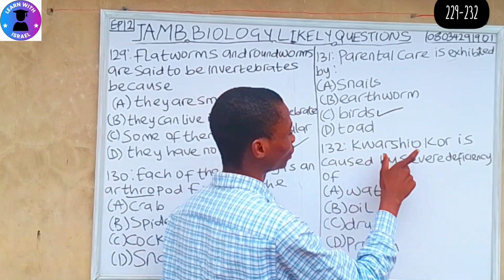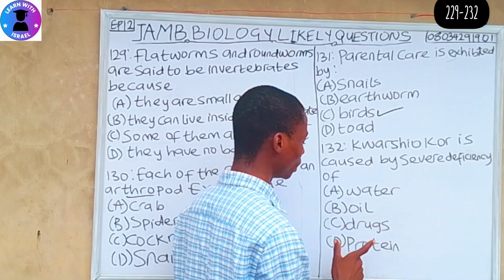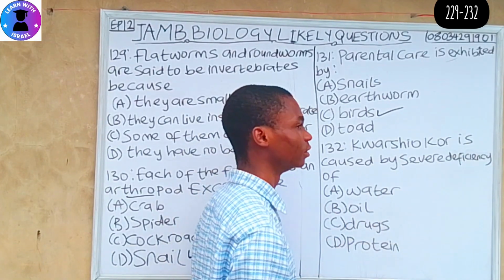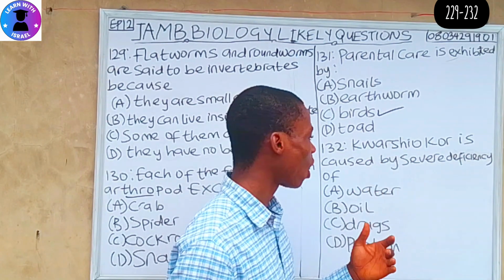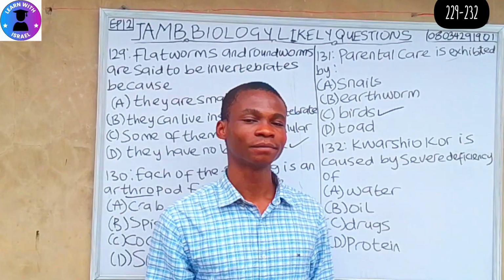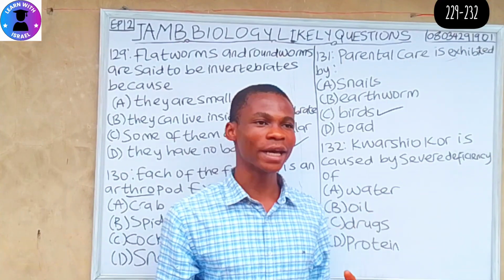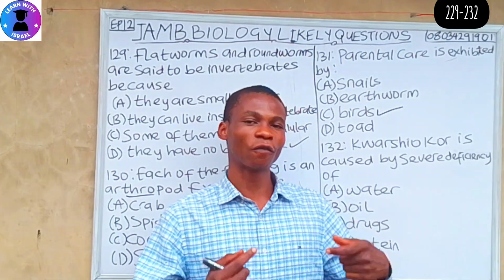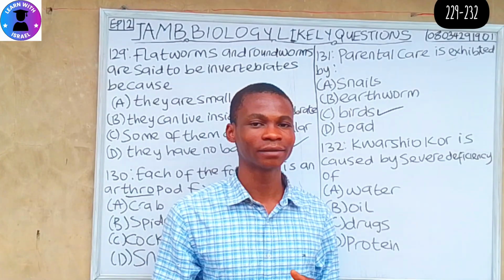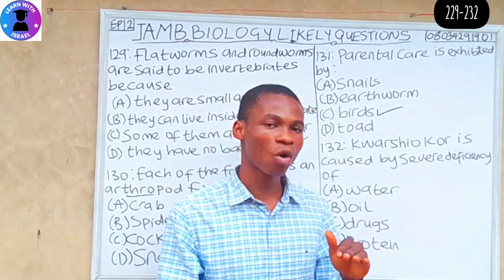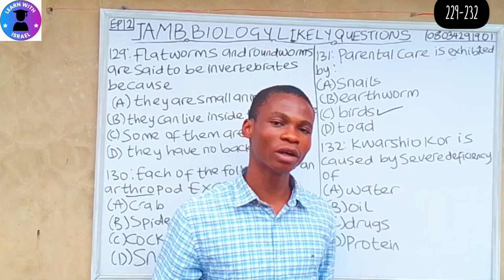Question 132. Kwashiorkor is caused by severe deficiency of A. Water, B. Oil, C. Drugs, D. Protein. It's not protein, it's called protein. So kwashiorkor is a malnutrition disorder. When I say malnutrition disorder, I mean kwashiorkor is when the body lacks sufficient protein and consumes a high carbohydrate diet. It means when there is little or no protein and there is a high carbohydrate diet in the body, and this